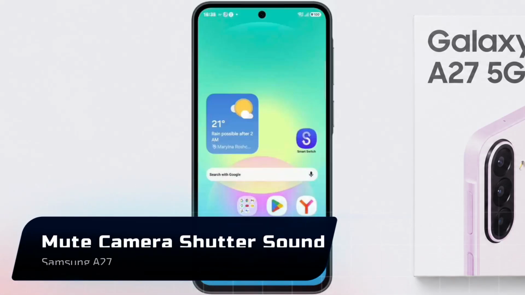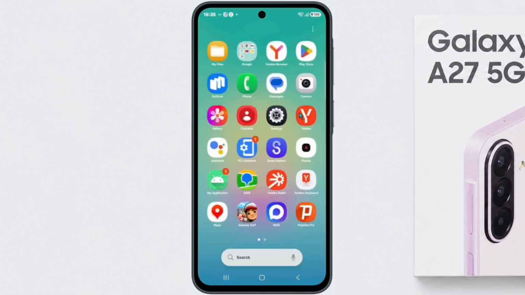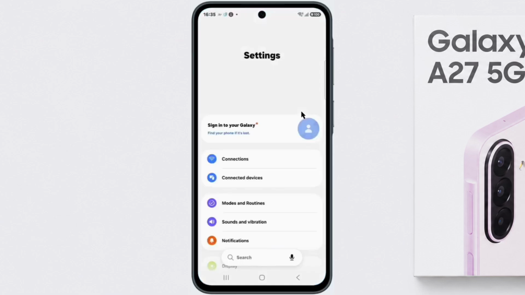How to mute camera sound on Samsung A27 5G. Let's get started. There isn't a direct option to mute the camera shutter sound on the Samsung A27 5G, but